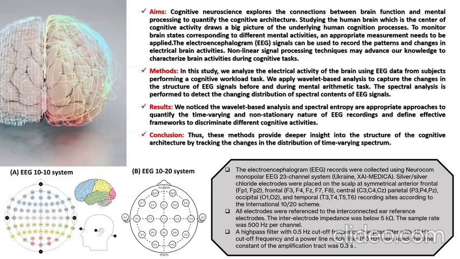Here in this slide, we can see two different EEG systems, 10-10 and 10-20. To localize cognitive tasks, we may need to measure the changes that happen in electrical brain activity. The potential changes which are recorded on the surface of the brain are the result of the changes occurring in electrochemical brain activities. The electrical signals are recorded as the EEG signals.